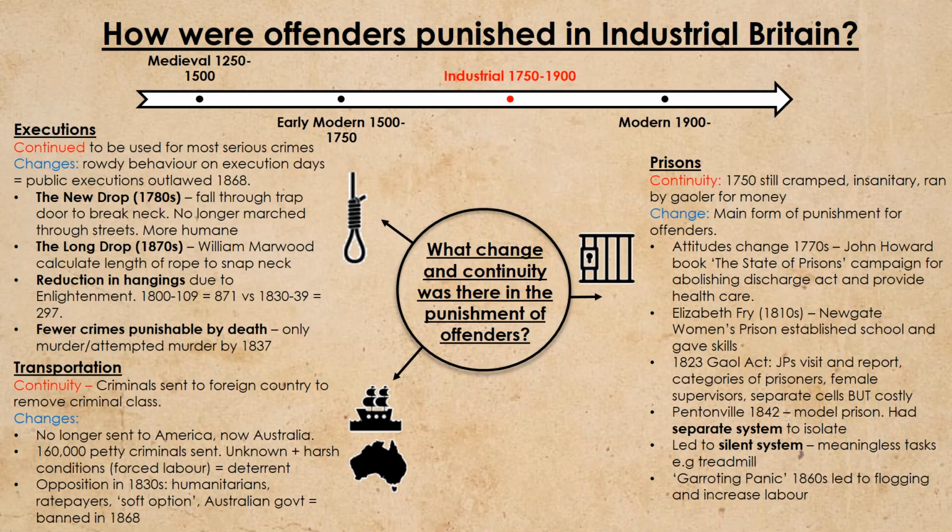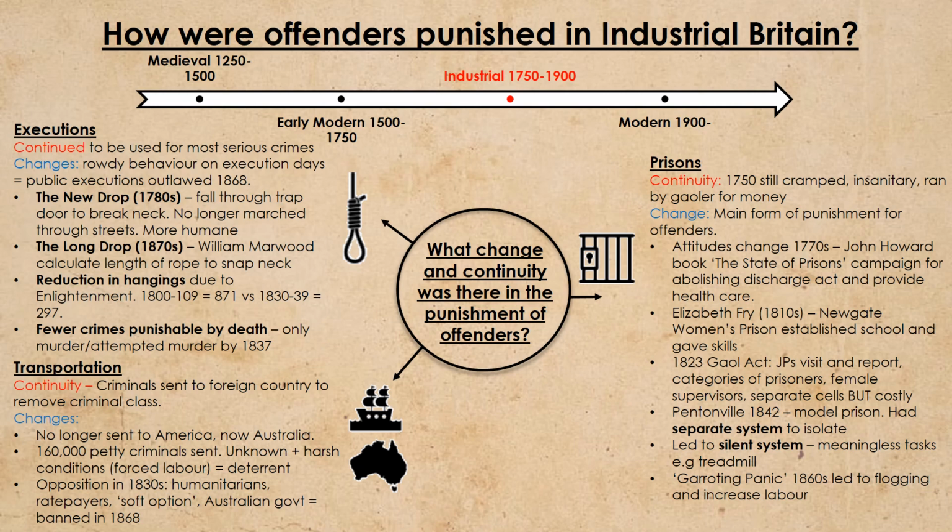You then, in the 1860s, get what is known as a garroting panic. This is where there were reports that in London people were being strangled to death, and it leads to a mass sort of hysteria. So from the early 1860s, prisons were made harsher. You get the 1865 Prisons Act, which emphasises hard labour, hard fare and hard board. This brutal system stays in place for 30 years. It has flogging of prisoners,